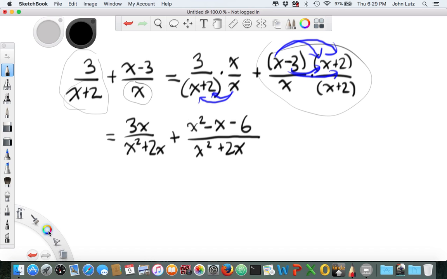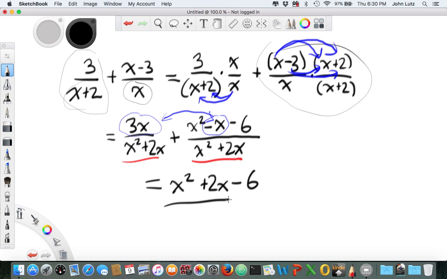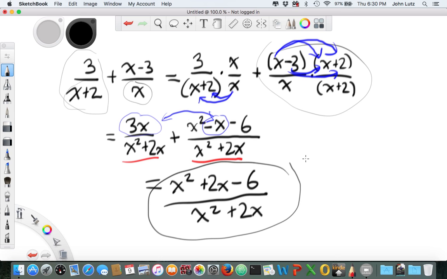Whoa! Hold the phone. Look what we have here. This and this are the same. So basically I'm going to add 3x to this, and when I do that, 3x plus x squared minus x minus 6 means I'm just taking my 3x, combining like terms. I'm combining the 3x and the negative x there. So what I'm going to end up with here is x squared plus 2x, because 3x minus x is 2x, minus 6 over x squared plus 2x. So we'll have more like this, but I just wanted to get this into